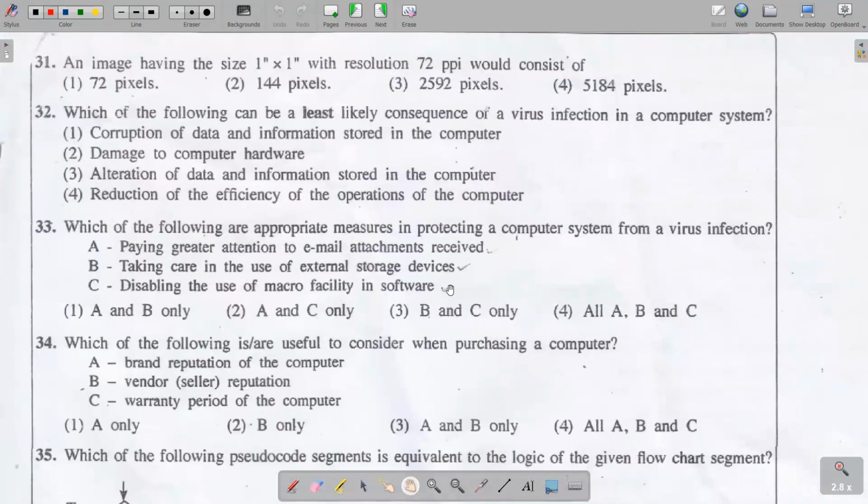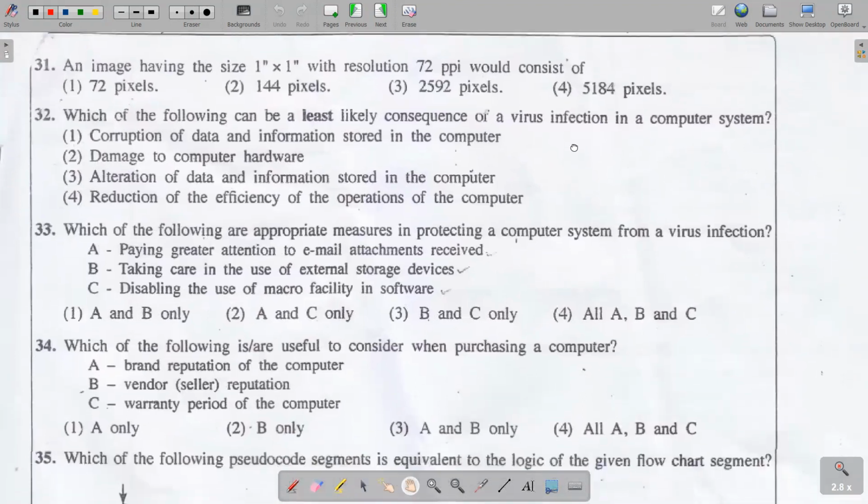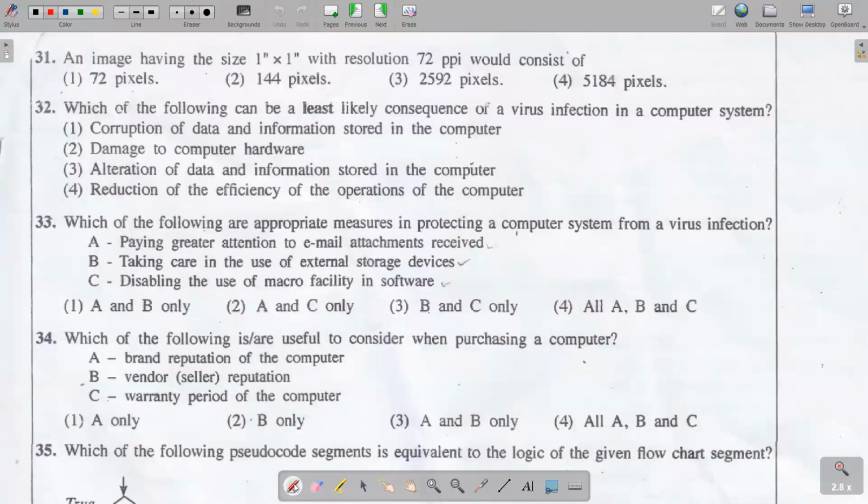First, an image having the size of 1 inch by 1 inch with a resolution of 72 ppi, pixels per inch, would consist of,